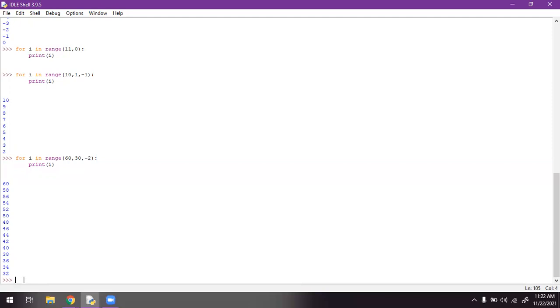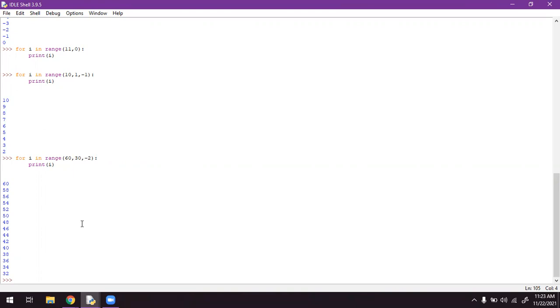Okay, so have you understood the concept of range? Is there any problem? Okay, then what we'll do is take this concept in a for loop also.